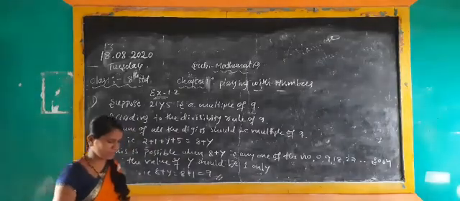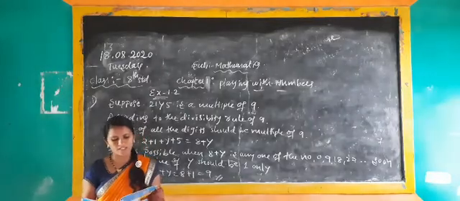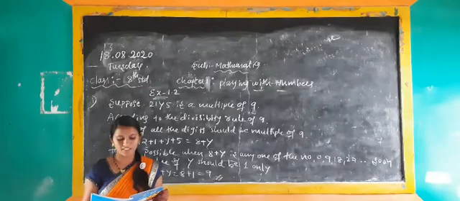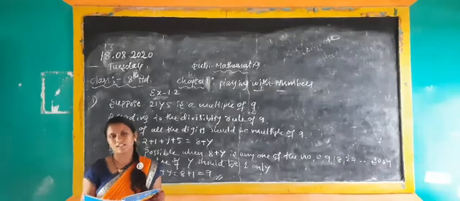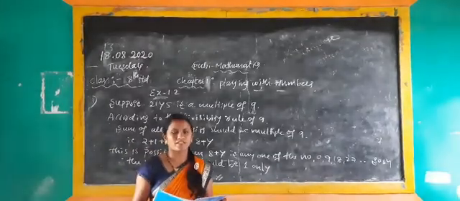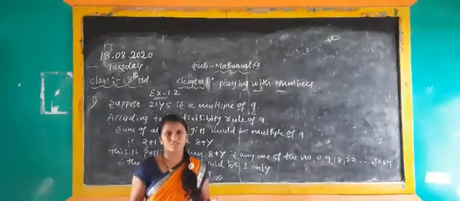Okay, I think you should have understood the first problem. You have to try the second also. Why? Because there a multiple of 9 is given, but you will find that you get 2 answers. You have to do it in homework, but you try. I will tell you in the next video class. Thank you. I think all of you understood. Thank you.